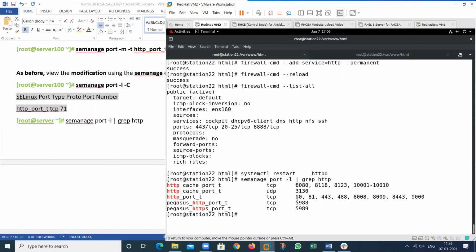So these will show. And if you want to check this one, -l and -C, what you have changed currently,